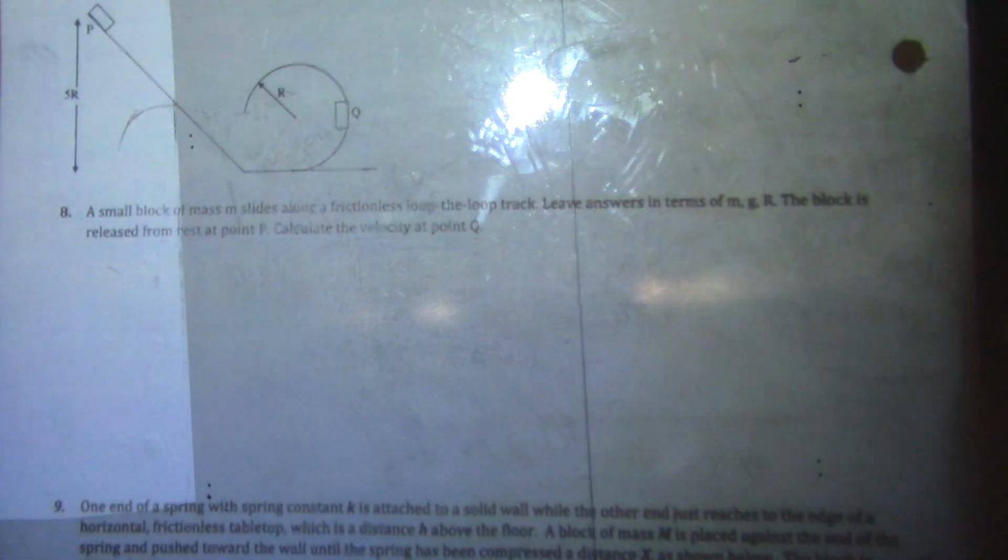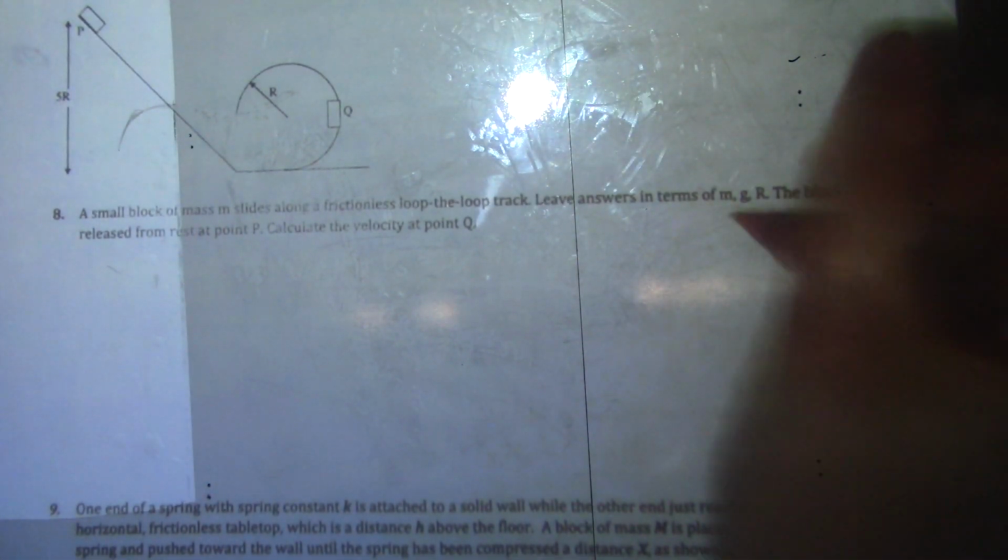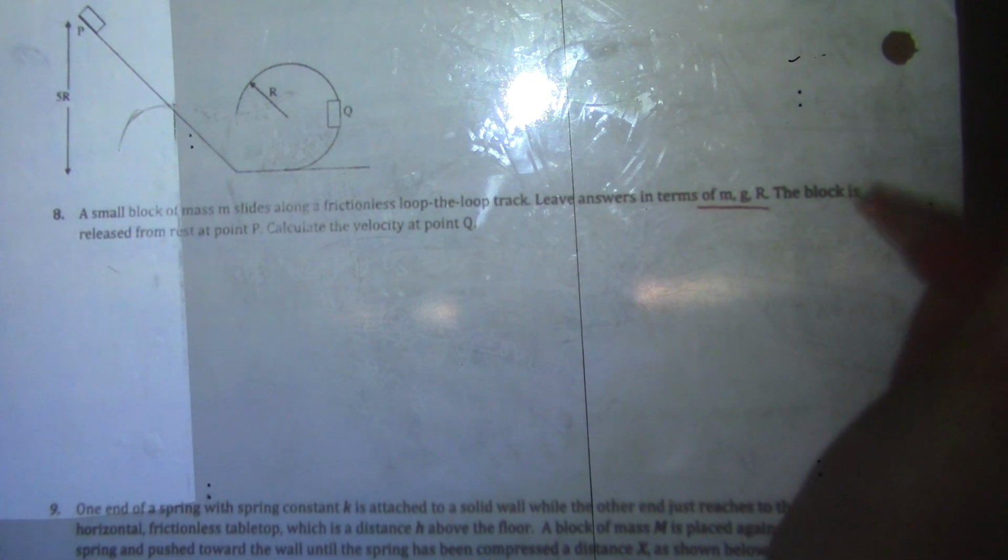All right, last two. Small block of mass m slides along a frictionless loop. Leave the answers in terms of these things. The block is released from rest here, so this is just potential energy, K is 0. Find the velocity at point Q. So this is going to have some potential and some kinetic. Potential energy here is mgh, specifically has a height of 5r. At point Q, this is a circle, so the height right here is just the radius, so this has mgr